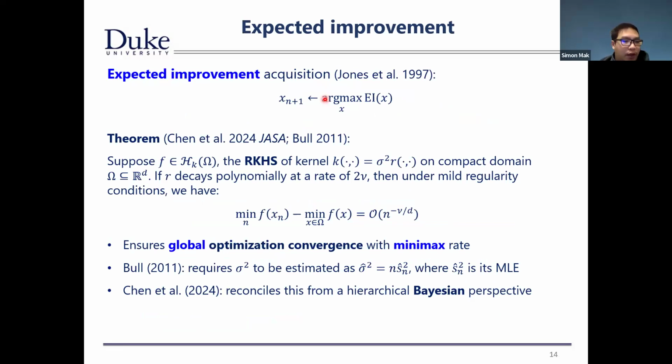Okay, so just to give a flavor of how EI can actually converge theoretically to the global optimum, results typically take the following flavor. We've done a little bit of work on this that builds off existing work. So we have to assume that this function comes from some function class, which we can think about as the reproducing kernel Hilbert space for the particular kernel that we use for the GP. Assume this is on a compact domain. If we assume certain smoothness conditions on this kernel and under mild regularity conditions, then we can show that, again,